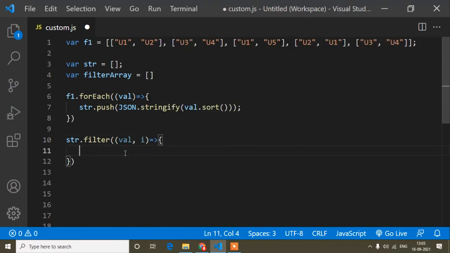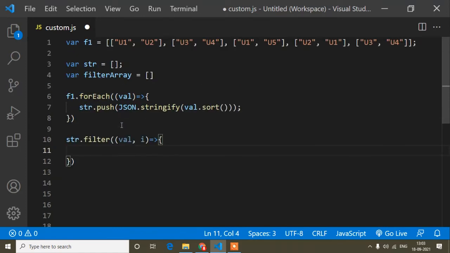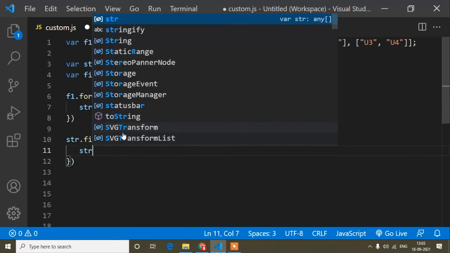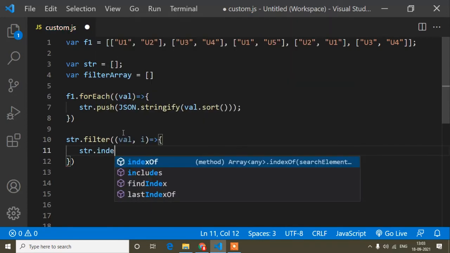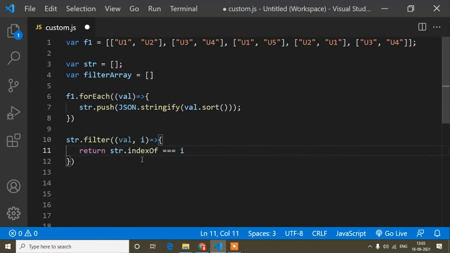If you did not watch the previous tutorial on how to remove the duplicate array, you can watch that one, where I already discussed how the filter method works. Now here I will write str dot indexOf value triple equals i, and I will do return. After doing that, I will store it into this array.